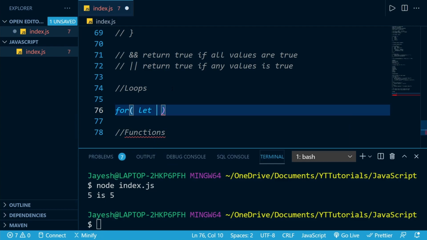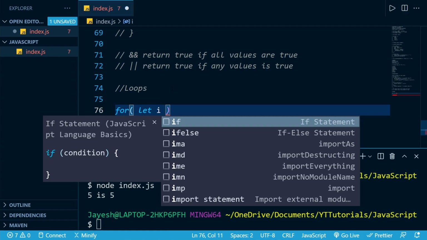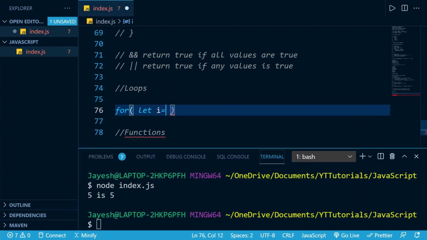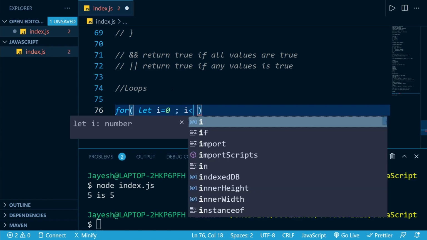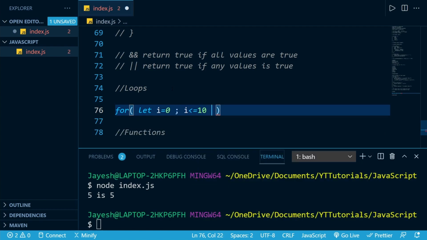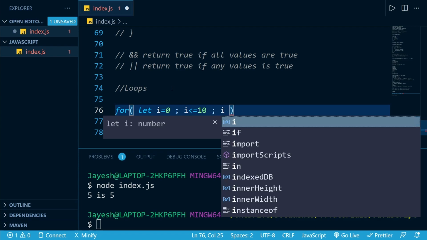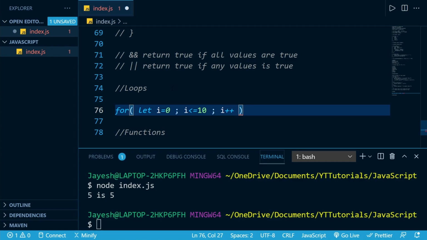So the let keyword basically creates a variable. We can name the variable anything, but we will name it i, because that's what all programmers do, and you can name it anything which makes more sense. But for now, since this is just an example, I will name it i. For i equals 1, that is our starting point, and then i is less than or equal to 10. So while our i is less than or equal to 10, and then finally after every iteration, we will just increase its value by 1.